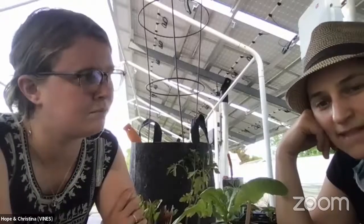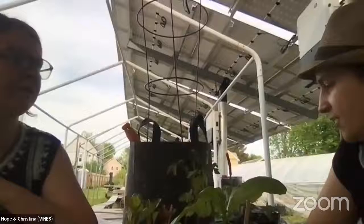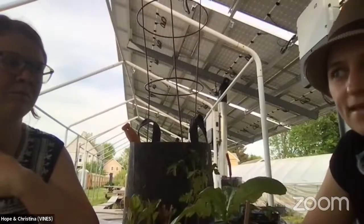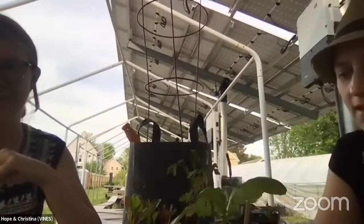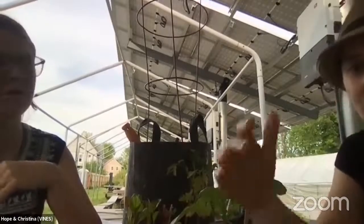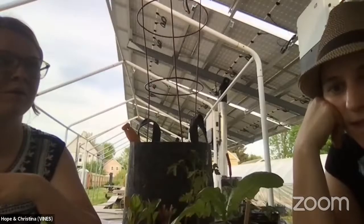You could still maybe save those guys if you take them outside. What's nice is that a lot of these plants can grow what's called adventitious roots. Their cells are not differentiated the same way that ours are. So if you bury the stem, you could have roots growing out from there. But if you plant it directly with that long leggy stem, it's going to blow over and break. Yep. So my recommendation is just bury the stem, and